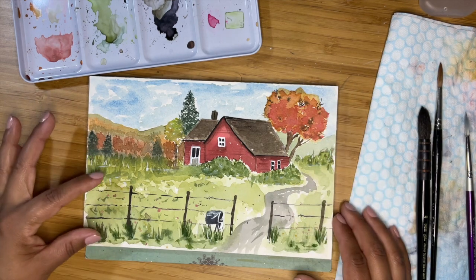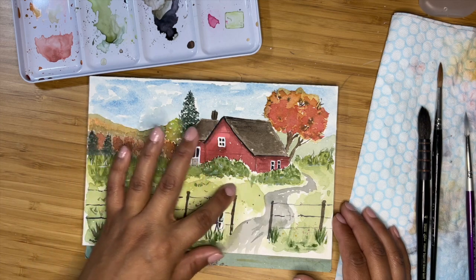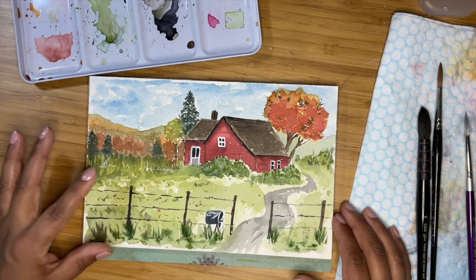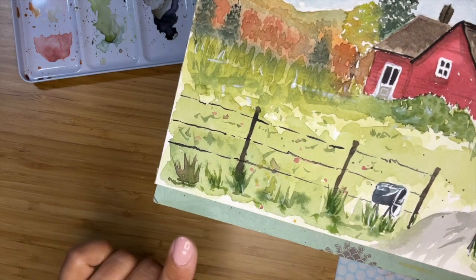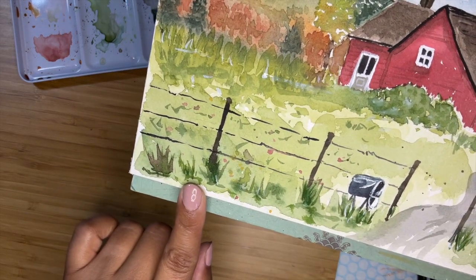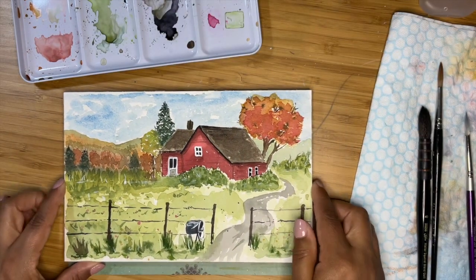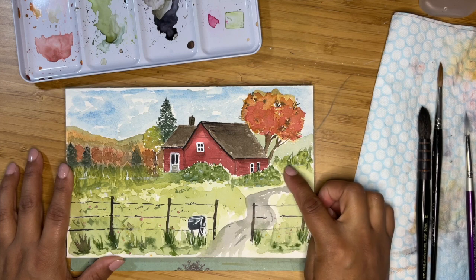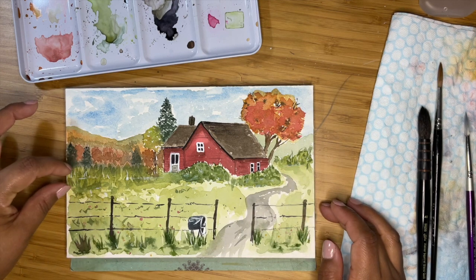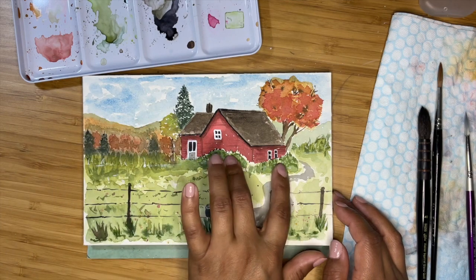Then I moved on to the ground and I think I did two more layers for the grass on this part, and I even tried to create some details of the grass here on the foreground. It's not very good, but it's nice. Then I painted the path that leads to the house. Then I continued building up the layers for the grass on the background and for the bushes close